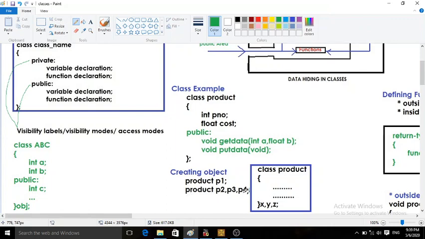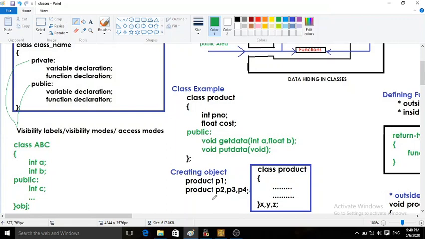So three objects are created by using this statement, and by execution of this statement, as per the specification of this template of this class, required amount of memory will be allocated to P2. The size of memory for every object will definitely be the same, because members will remain same. So memory will get allocated to P2 as well as to P3 as well as to P4. Separate memory will get allocated to every object whatever you are going to declare.